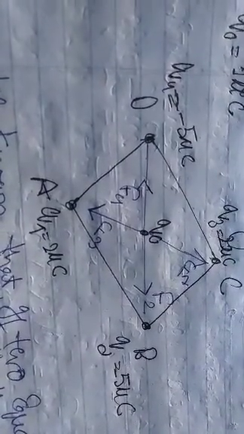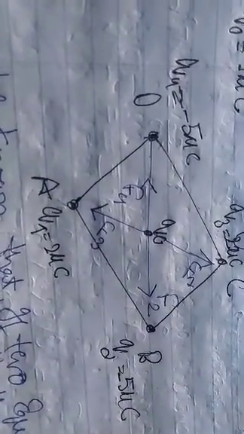They are opposite in nature, so they are attracting each other, and the forces are equal and opposite in magnitude, so they cancel each other, and the net force acting on the point charge will be 0. So the point charge does not experience any electrostatic force, because all the forces cancel each other. And we discuss the next question.